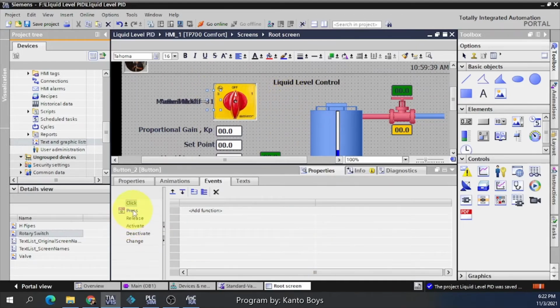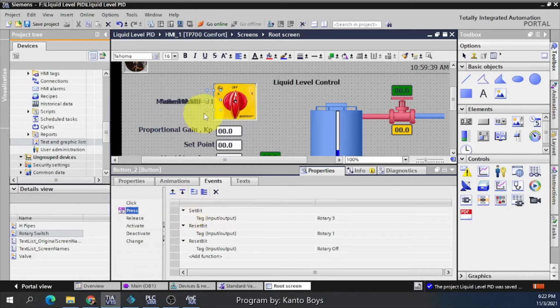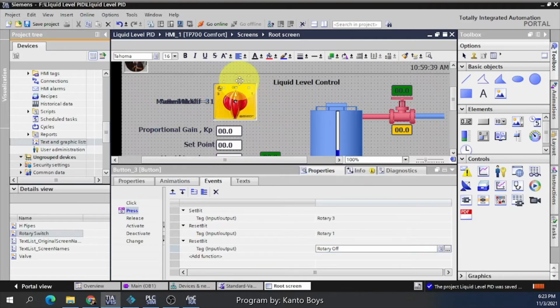Again, if you press this button, the bit of rotary 3 will be set, then reset the bit of rotary 1, and reset the bit of rotary off. Then the third button is at the top.